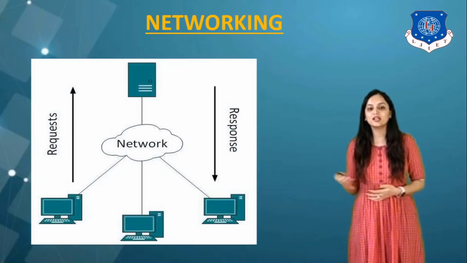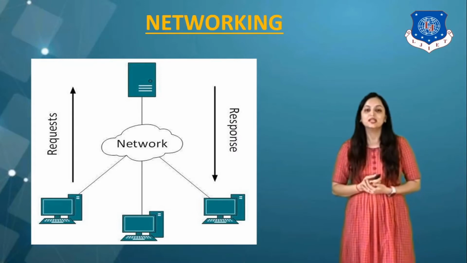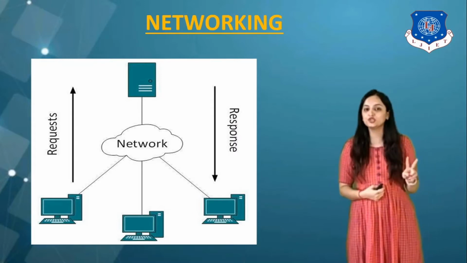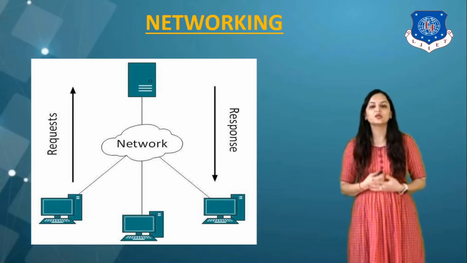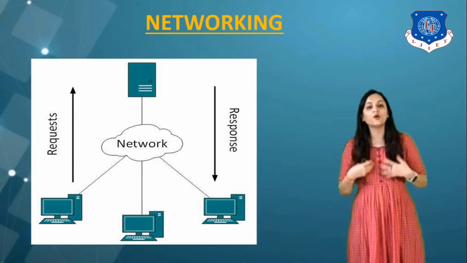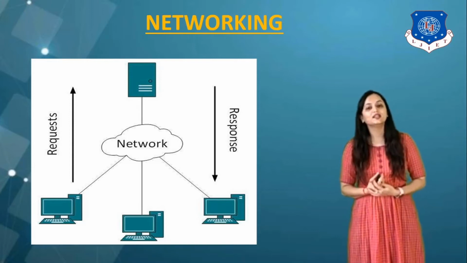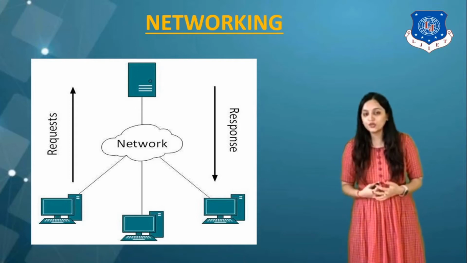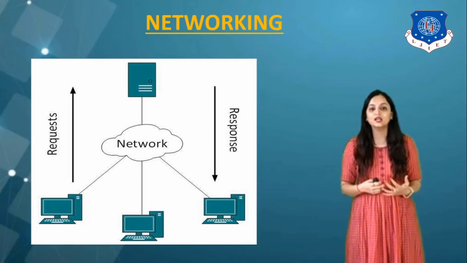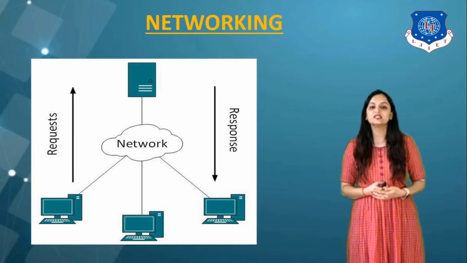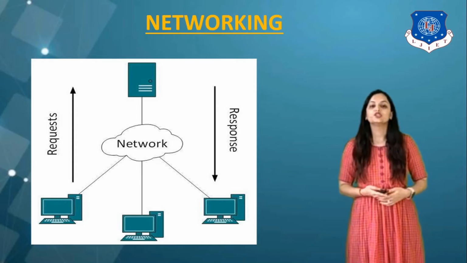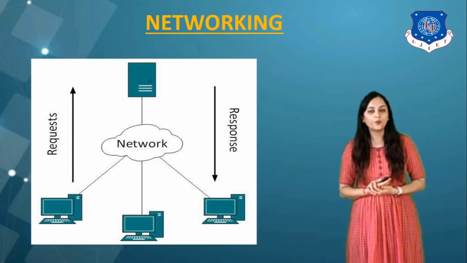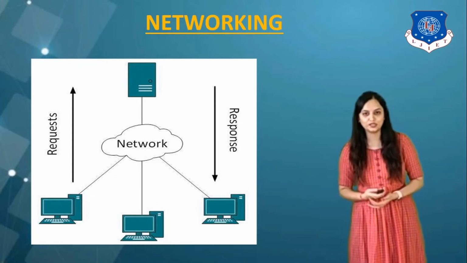So let us consider the client-server model, which is important for this. In the client-server model, there are two processes. The first one is the request and the second is the response. Whenever any device wants to communicate or access the internet, it will send a request to the server, and in response to that request, the server will respond back to the device via the network. This is the way a web page is accessed, which is referred to as the client-server model. The entire computer network operates on this model.